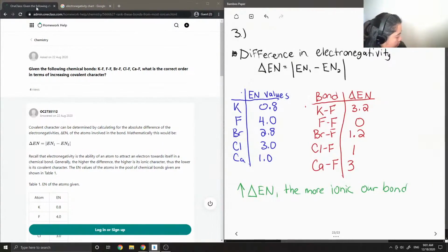So now we just kind of have to rank from most, no, not ionic, but most covalent character